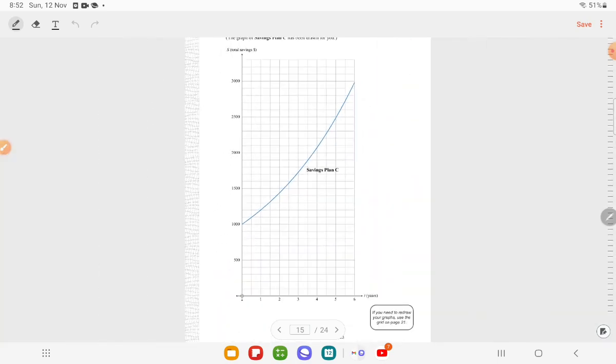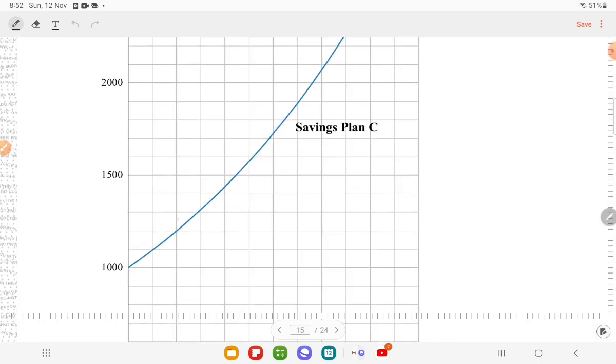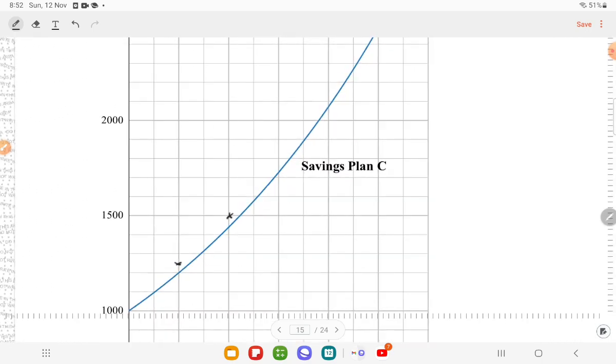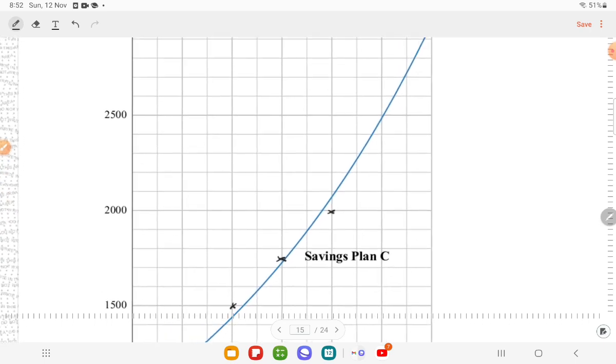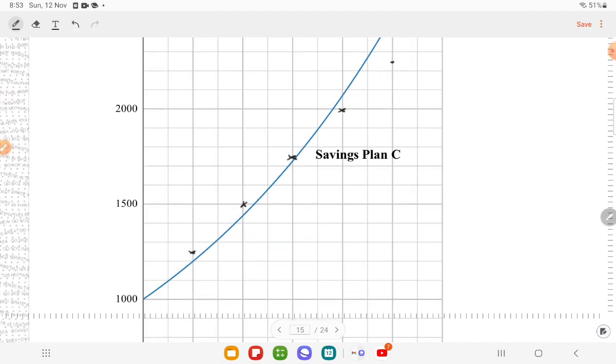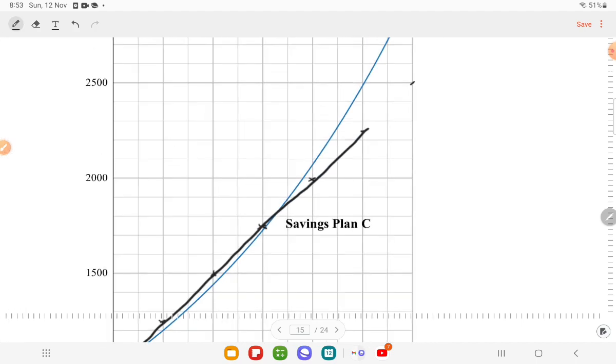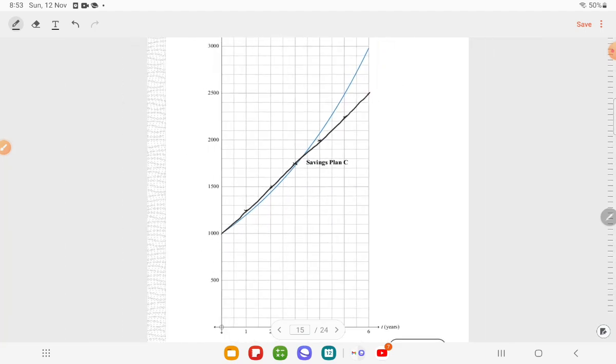Remember the first one is just a linear graph, so 1,000, 250, 3,500, 550, 1,000, 2,000, 2,500. Yeah, so let's just draw a straight graph. Here, and then let's draw